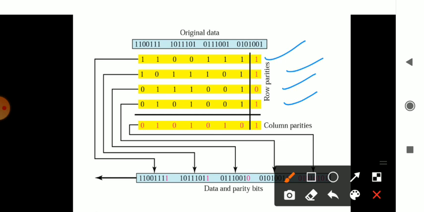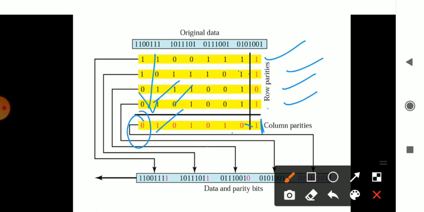Same way vertically. This is row wise which is being checked, which is nothing but your longitudinal aspect. The vertical aspect is this way in which it is being checked. So when you check here, you have an even number of ones, so 0. Here you have an odd number of ones, it is passing 1. Here even number of ones 0, odd number of ones 1, even number of ones 0, odd number of ones 1, even number of ones 0, odd number of ones 1 is being passed, and even number of ones it is 0. Like this way it is checking the format.